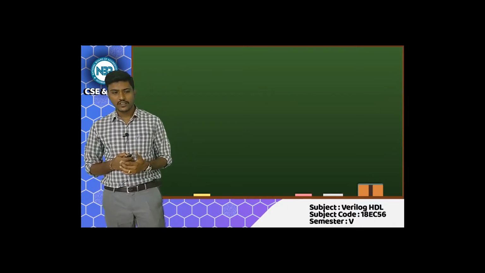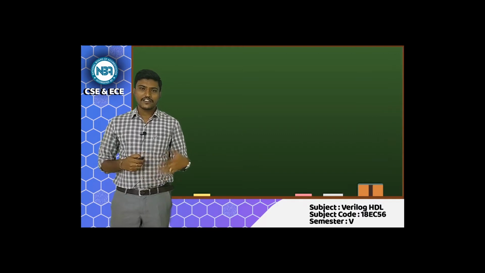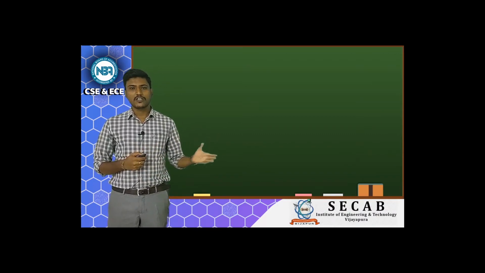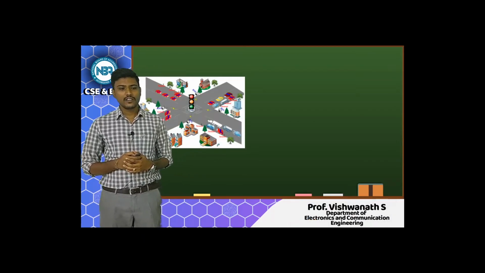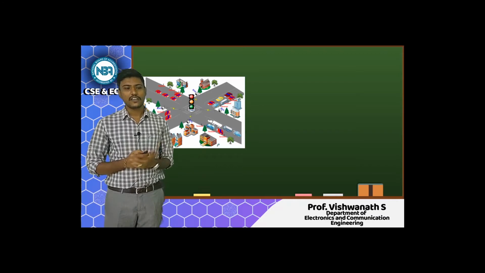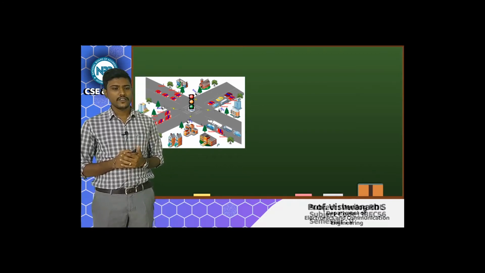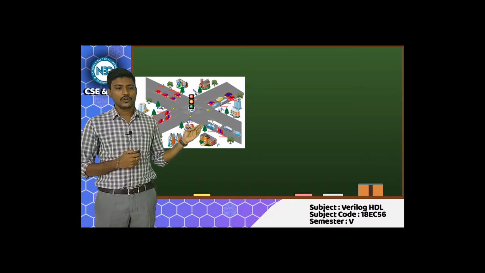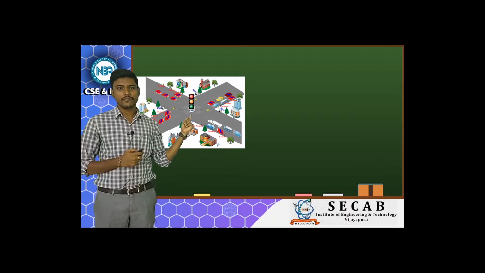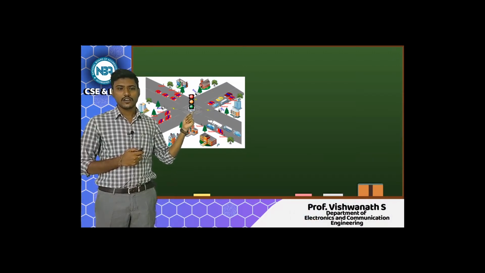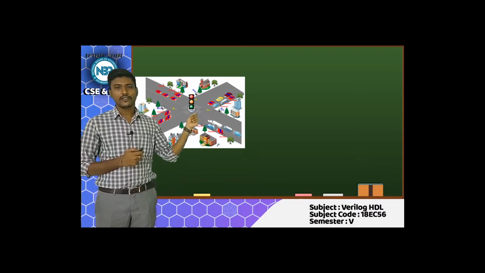Moving on, let us directly jump to what the product is and what the design flow is. Let us consider an example. For this example, we have taken a simple traffic light controller. As you can see, there are 4 different roads which meet at this junction. We need to deploy a traffic light controller signal at this junction so that the traffic at the junction is minimized.